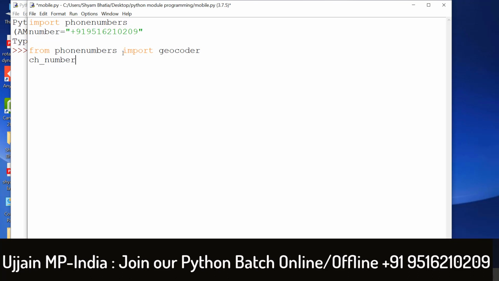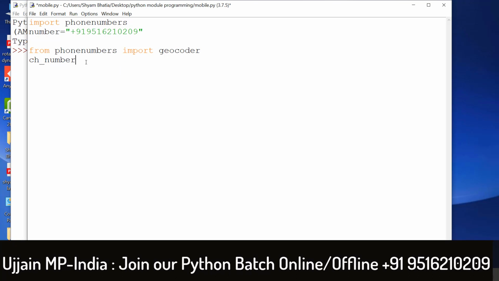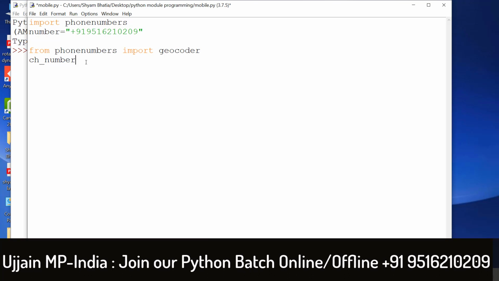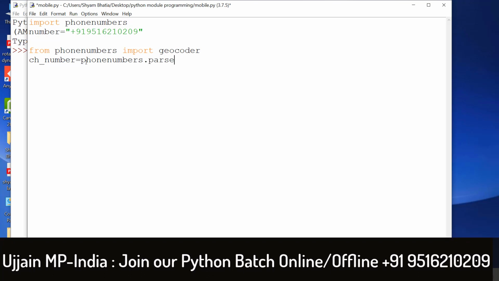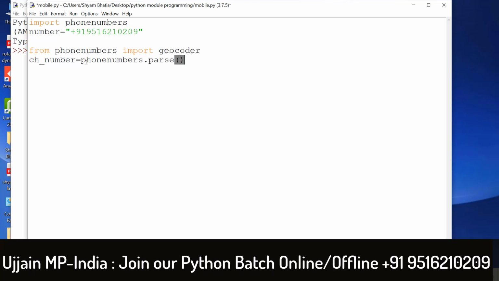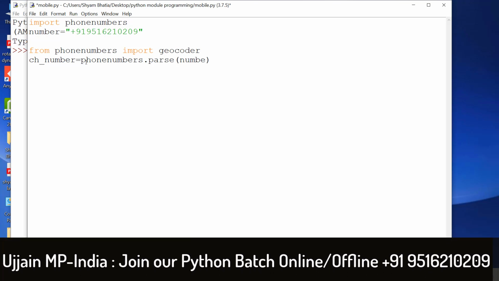You can take any name, such as ch_number, or anything else. Here you put phonenumbers, and after that you have to parse it, because it needs decoding from string to integer.